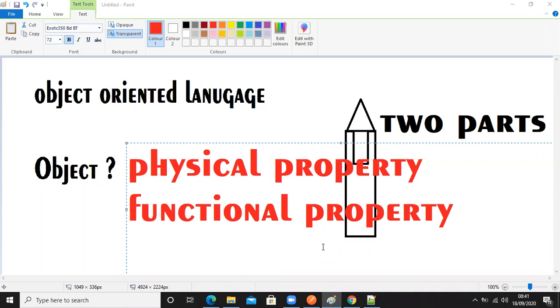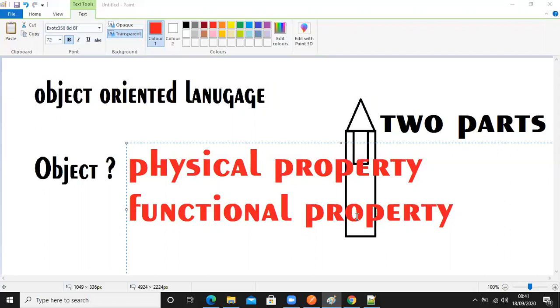So now you understand what an object is, right? An object has physical property and functional property. Maybe you can't see or touch the functional property, but you can understand it. The moment I say pen, you will easily understand that a pen can be used for writing, and that a pen will have a refill and other parts.